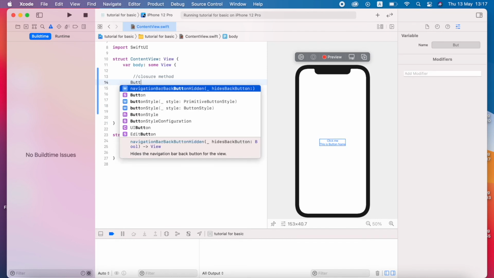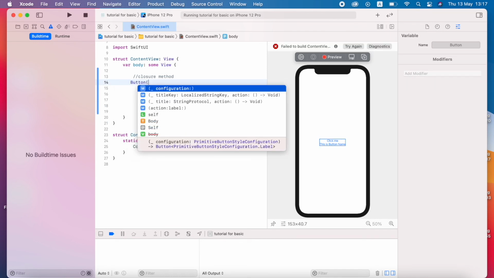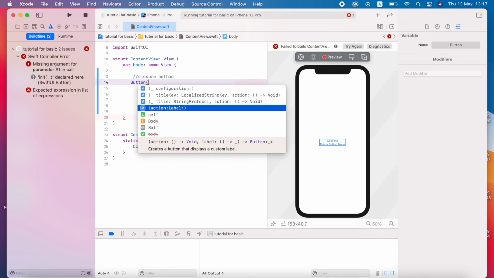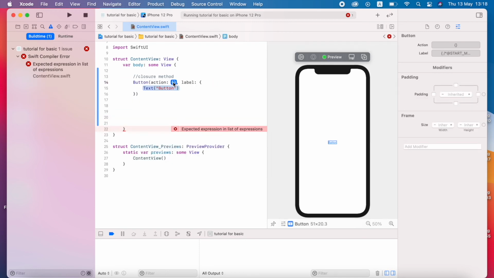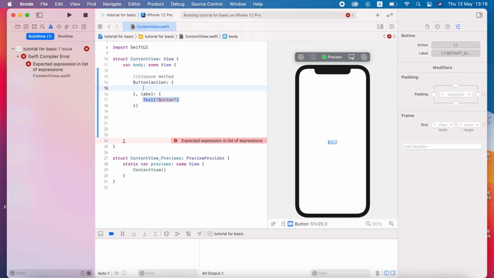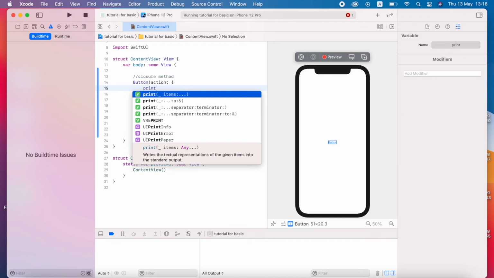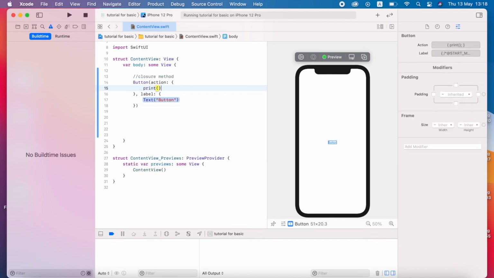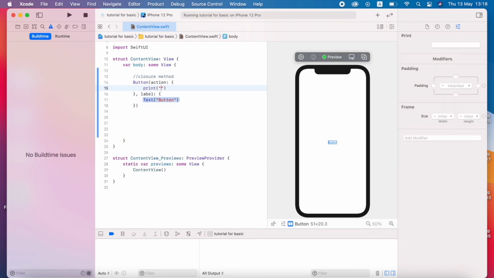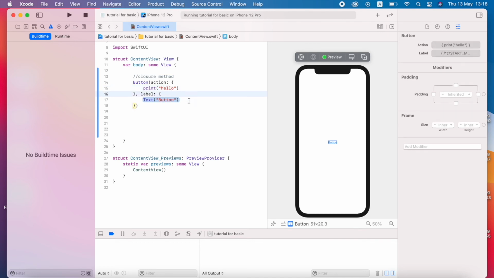Again I type Button and open the braces, and see there is a fourth method, I just hit enter, and after that I click in the center of the bracket and hit enter. So here you can type the function for whatever we want to happen after the button click. In my case I am going to type hello, just as an example in the view.